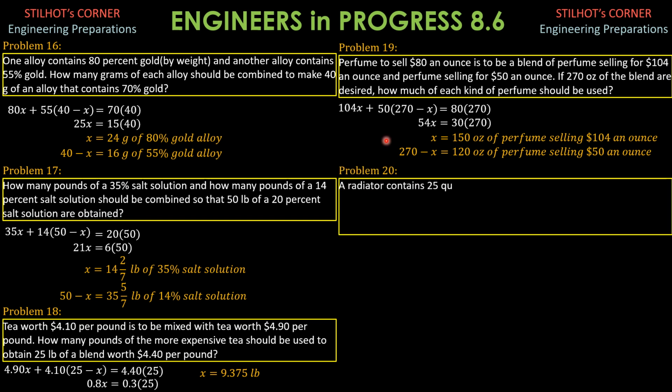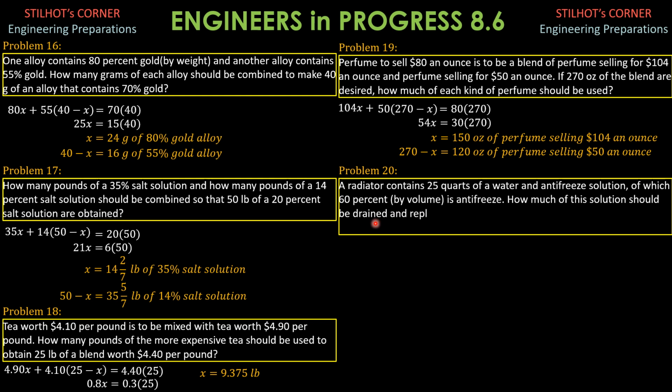Problem 20. A radiator contains 25 quarts of water and antifreeze solution, of which 60% by volume is antifreeze. How much of this solution should be drained and replaced with water for the new solution to be 40% antifreeze? So the question is, how much of the solution should be drained and replaced with water so the new solution will be 40% antifreeze? So we will call the amount x,